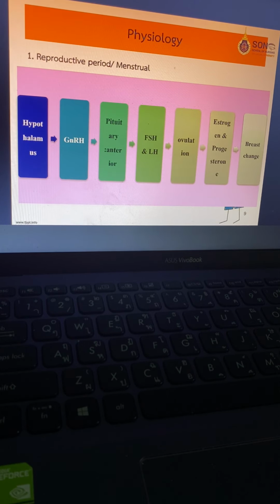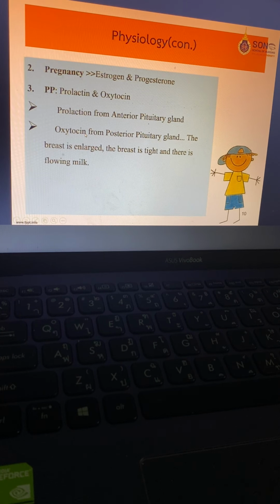So when a person has an abnormality of the pituitary or the hypothalamus, that changes the ovulation and the menstrual cycle. Okay, and the next situation that involves breast change is pregnancy. So when a woman is pregnant,